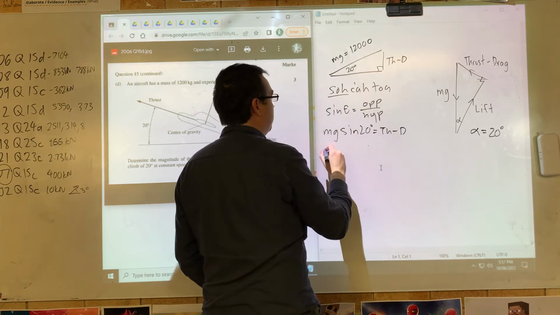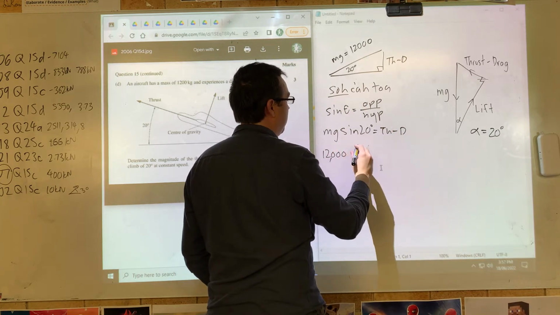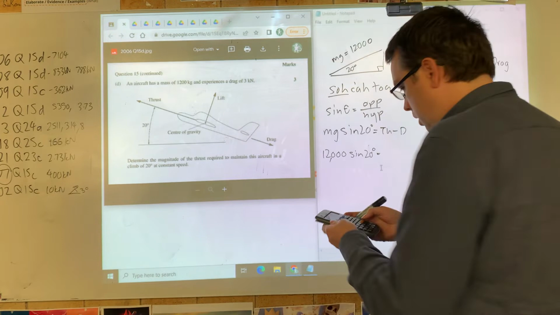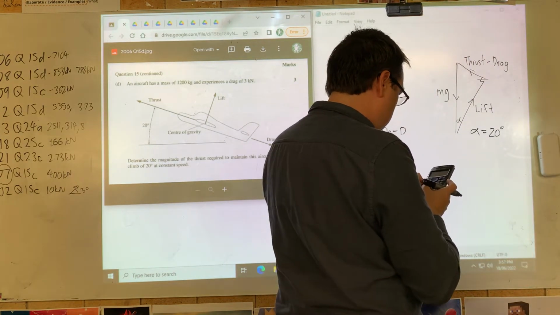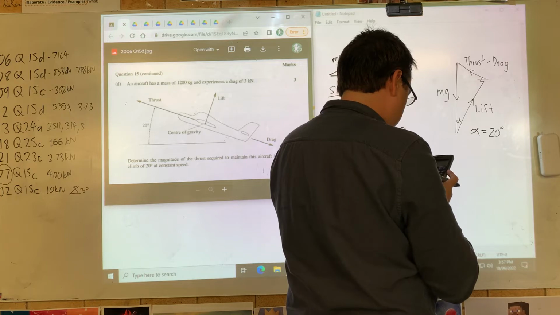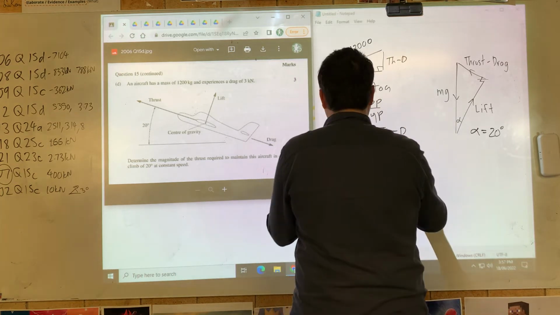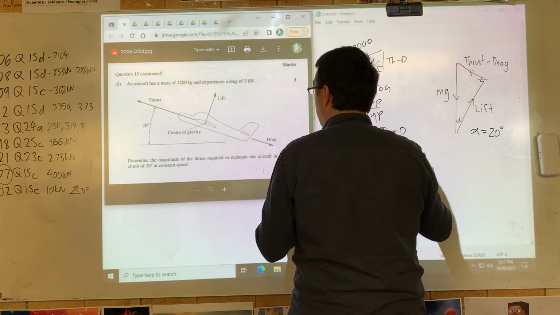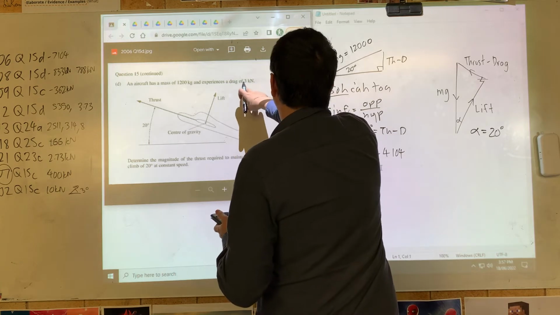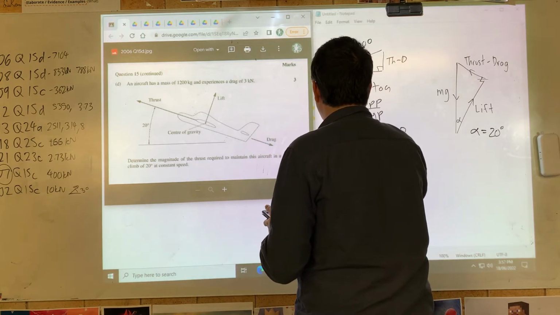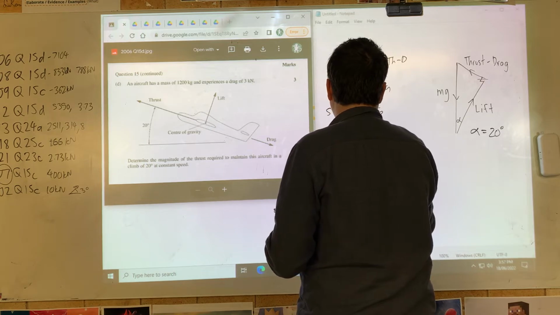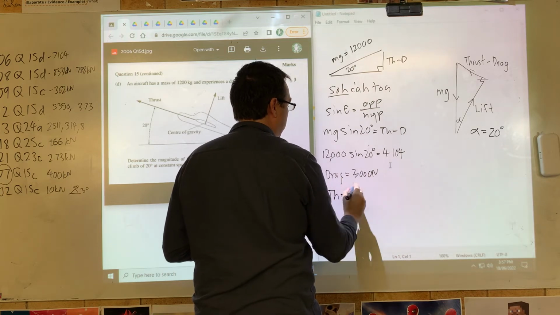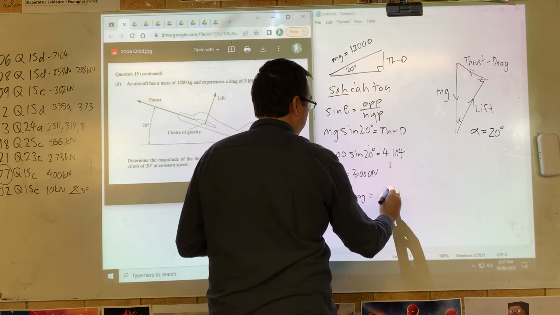Okay, so if we apply that number, we've got 12,000 sine 20 equals, you've got that already? Just checking, always check that you're in degrees. So that's my thrust minus drag. Now, they've told us that there's 3 kilonewtons of drag. So we've said drag equals 3,000 newtons. So I'll write as an equation, thrust minus drag equals